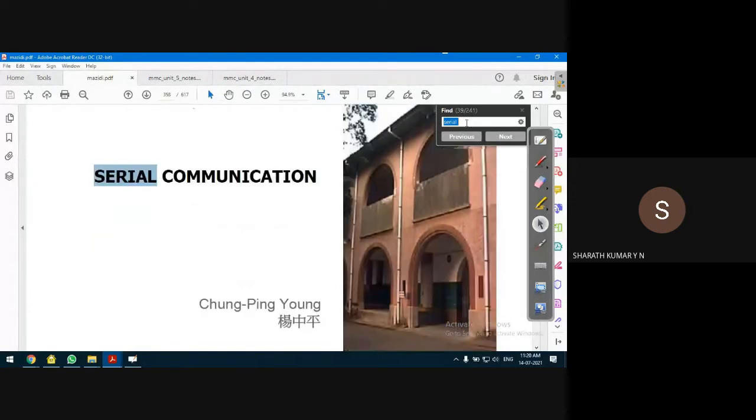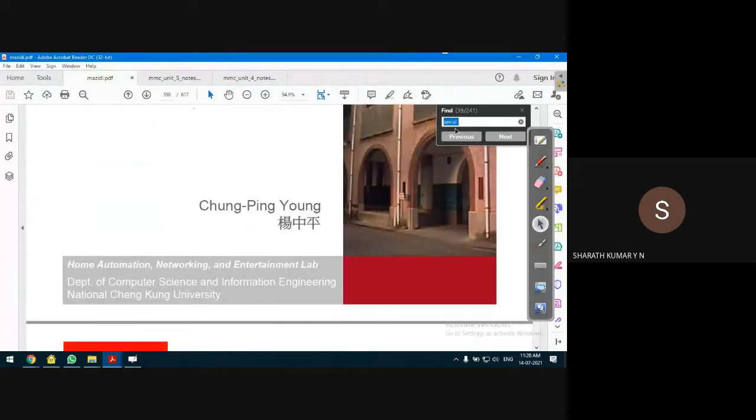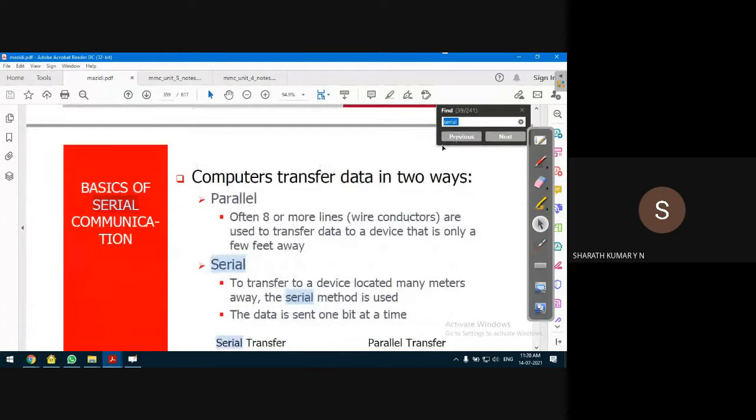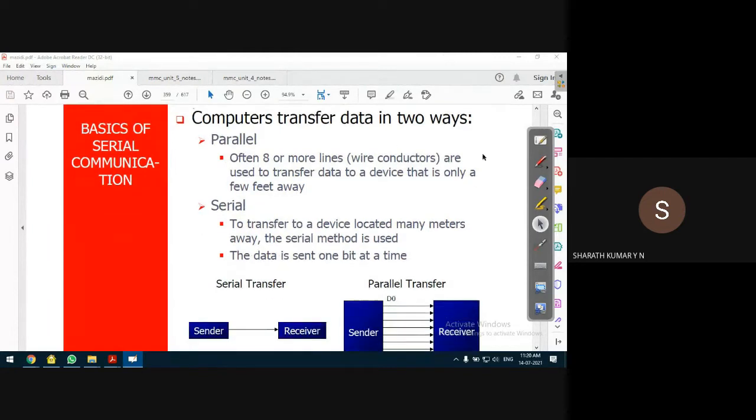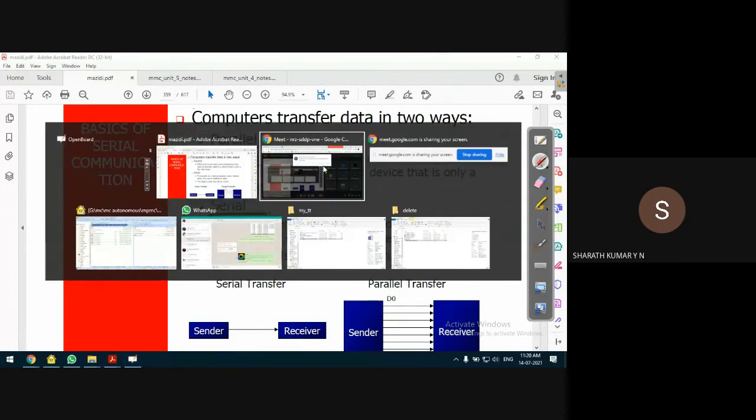Okay. Serial communication of 8051 microcontroller. So two methods of data transfer: parallel communication and serial communication. Parallel communication involves n number of lines depending on the size of the data.